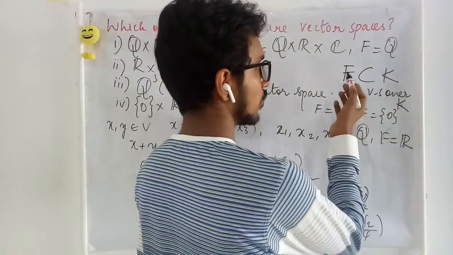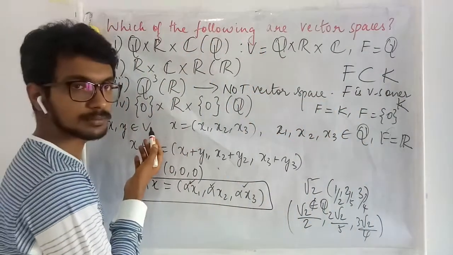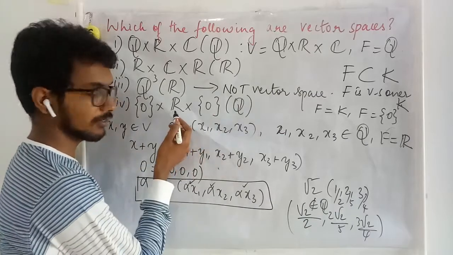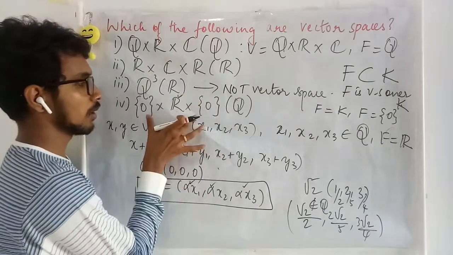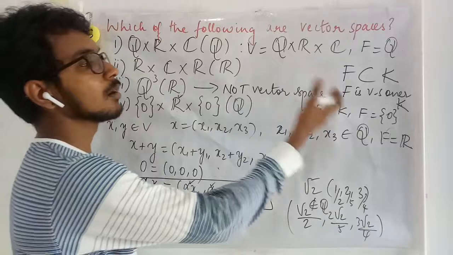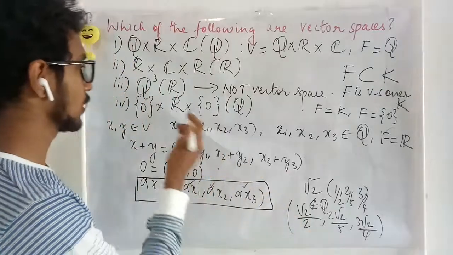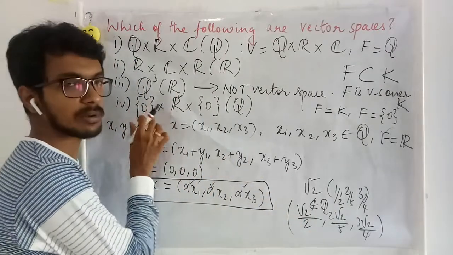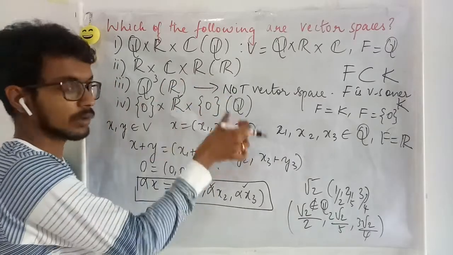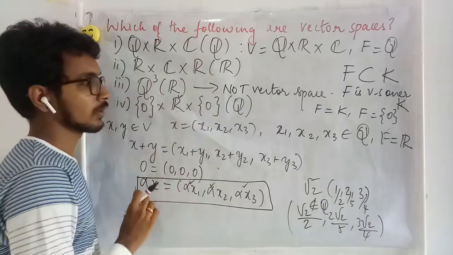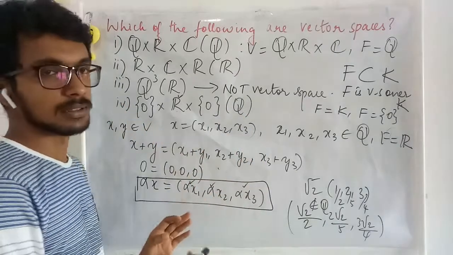In this case also, your F is a subfield of K, right? Using that idea, you see here, this is a subfield of R. R is a vector space over Q. That is fine. What about this? This is one of the improper or trivial subfields. So this set {0} is going to form a vector space over Q, over any field actually. Here in specific, it is a vector space over Q. This is also a vector space over Q, so this will also form a vector space over Q under the same operations.